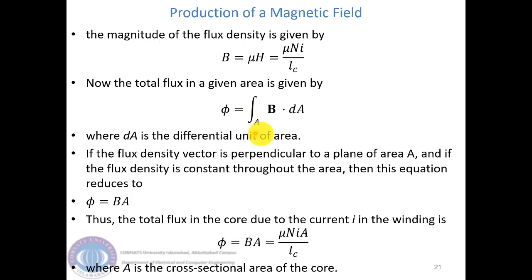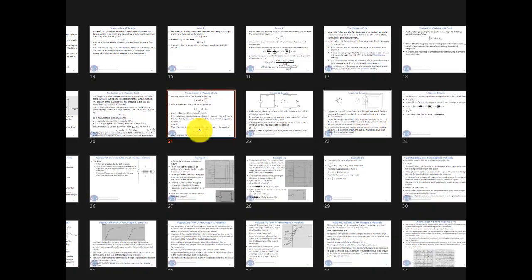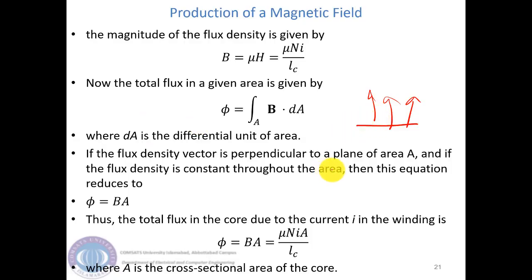Here dA is the differential unit of area, obviously, and if the flux density vector is perpendicular to the plane of area, and if the flux density is constant throughout the area, then this equation reduces to